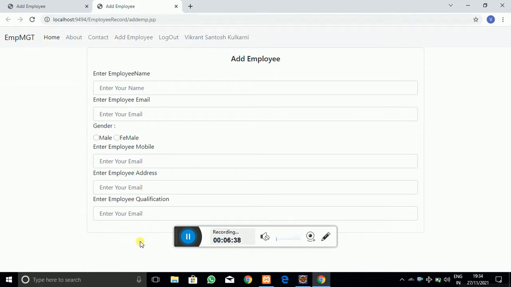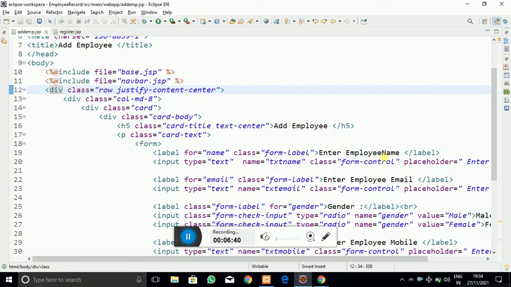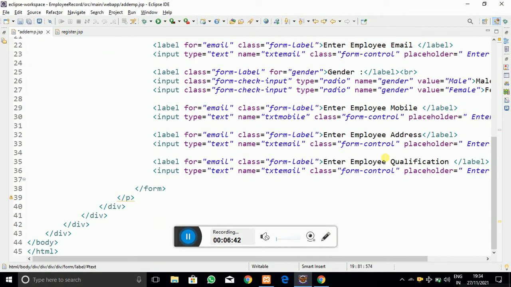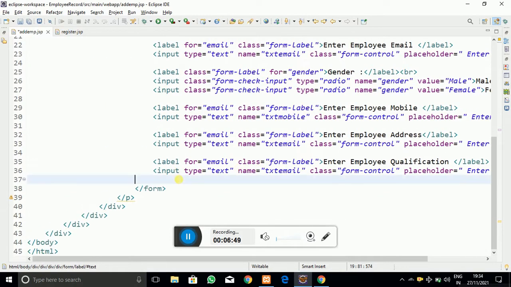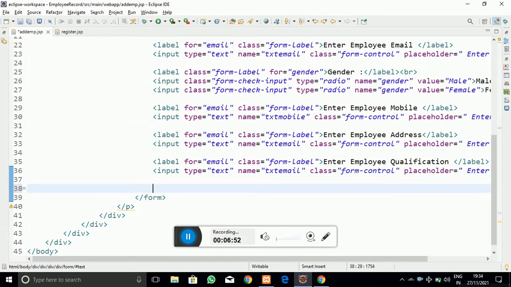And here you can see that at the end of that form we have to add a button to submit the details, to get the details. So let me create a button here, which is a submit type of button. So I am going to write it as submit,